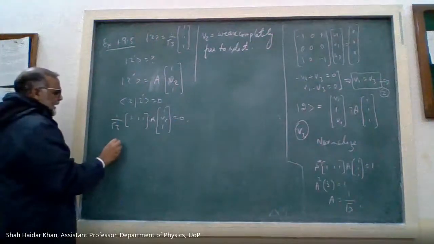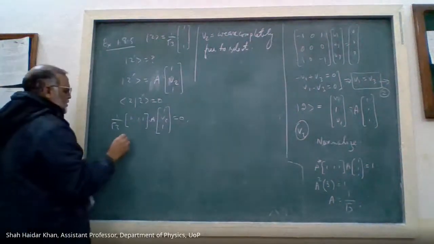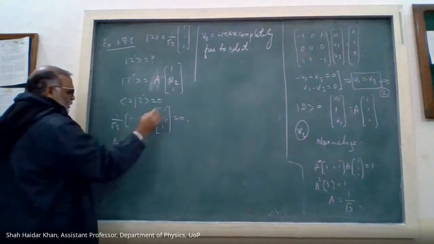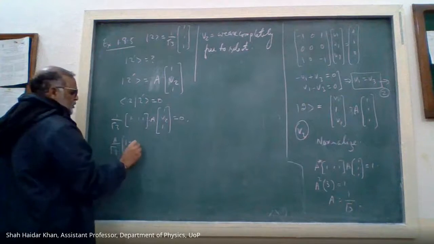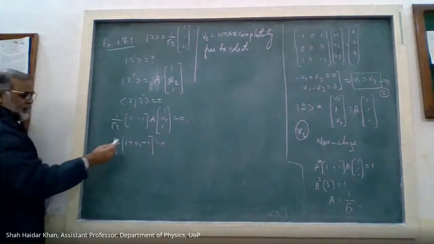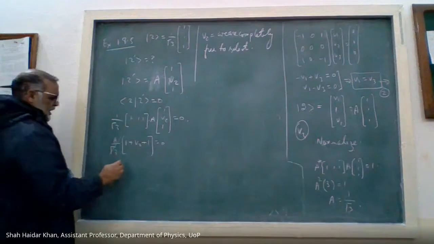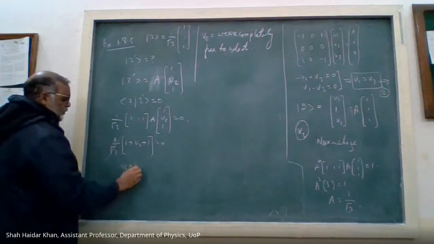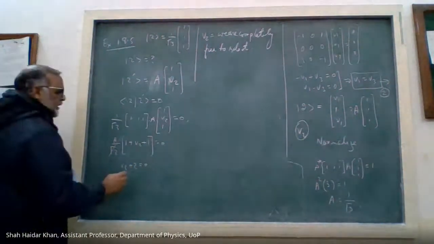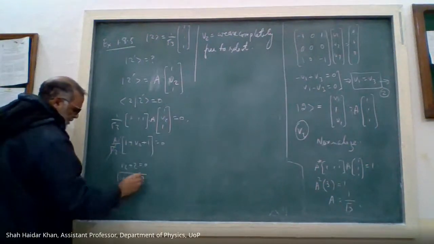This can be written as A over square root of 3, and then 1 plus V2 plus 1 again is equal to 0. You can multiply both sides by square root of 3 divided by A. Therefore this goes out, and you get 1 plus V2 plus 1, so V2 plus 2 equal to 0. So you get V2 is equal to minus